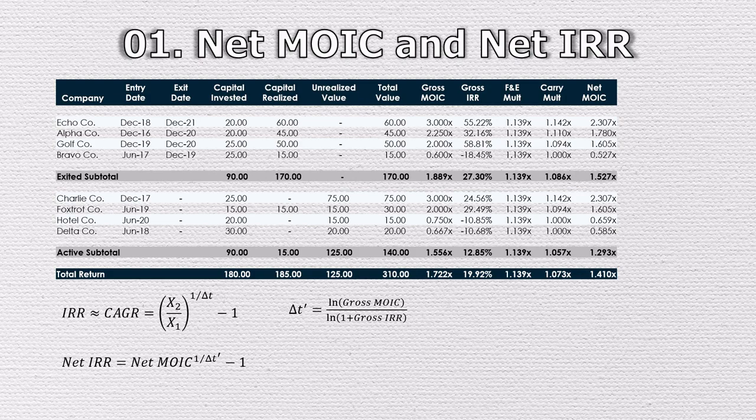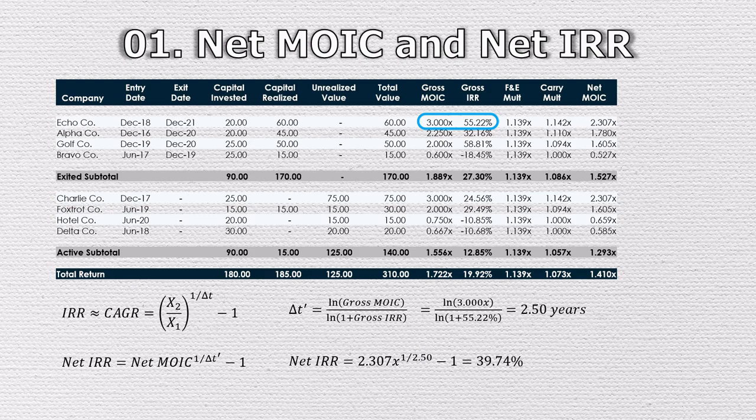For Echo Company, the effective hold is the natural log of 3 divided by the natural log of 1 plus 0.5522. And this gives us 2.5 years, which you'll notice is 6 months shorter than its actual hold of 3 years. Now, to calculate Echo Company's net IRR, we simply take its deal-by-deal net multiple of 2.307, raise it to the power of 1 over 2.5, and then subtract 1 to get a deal-by-deal net IRR of 39.74%. And that's it. This number is virtually identical to what you would get from a cash flow model,